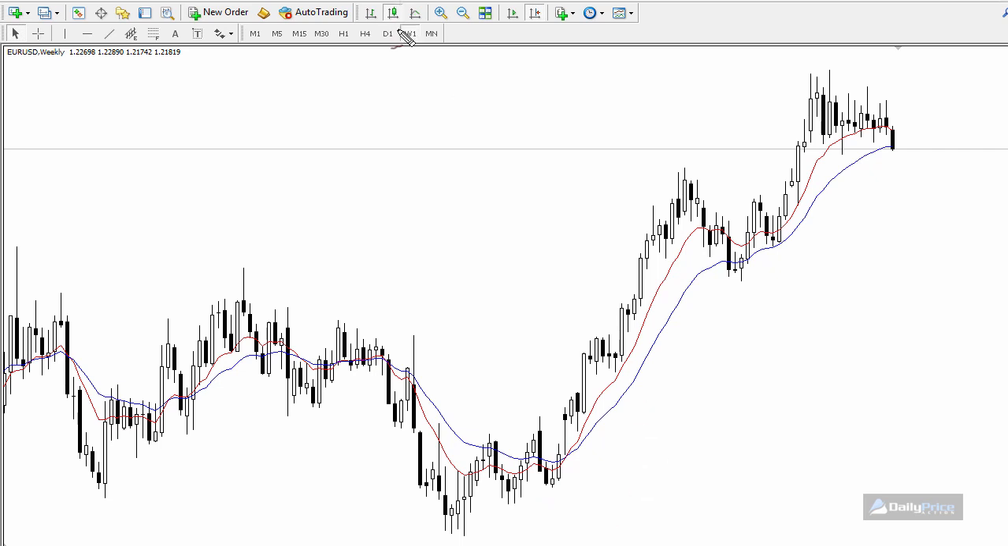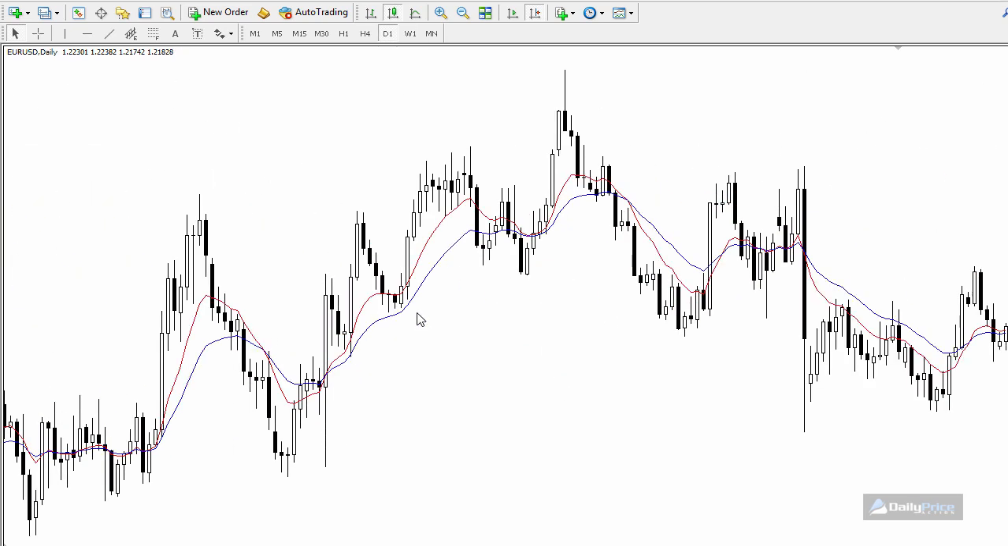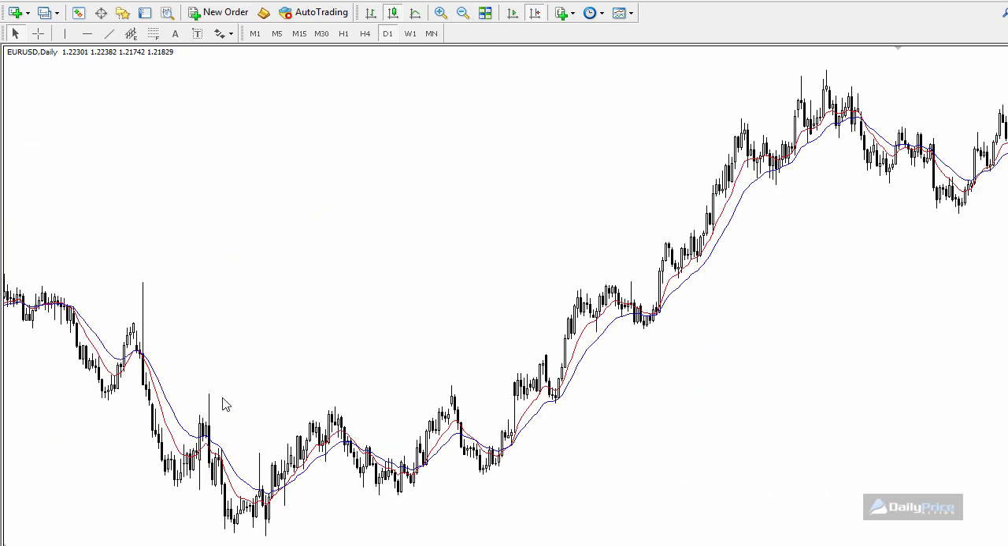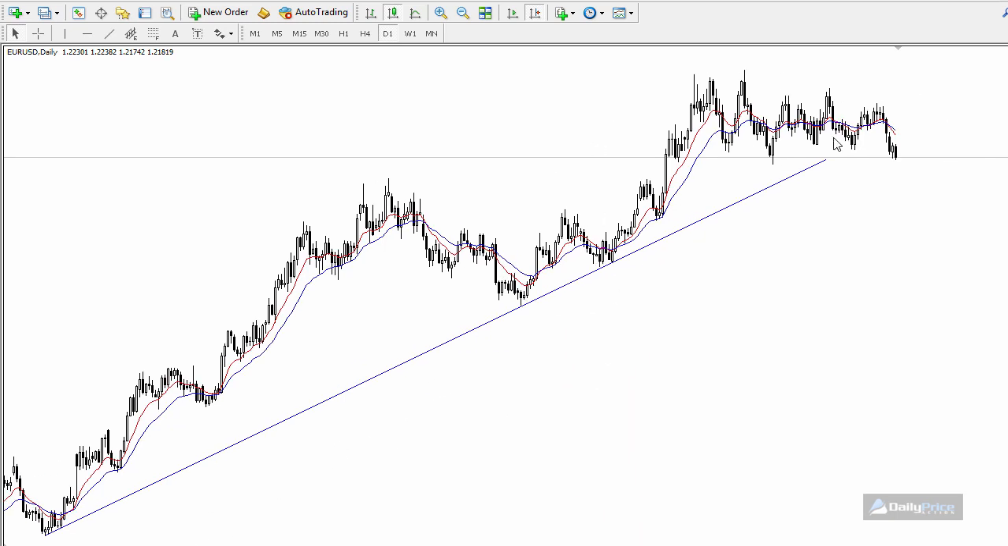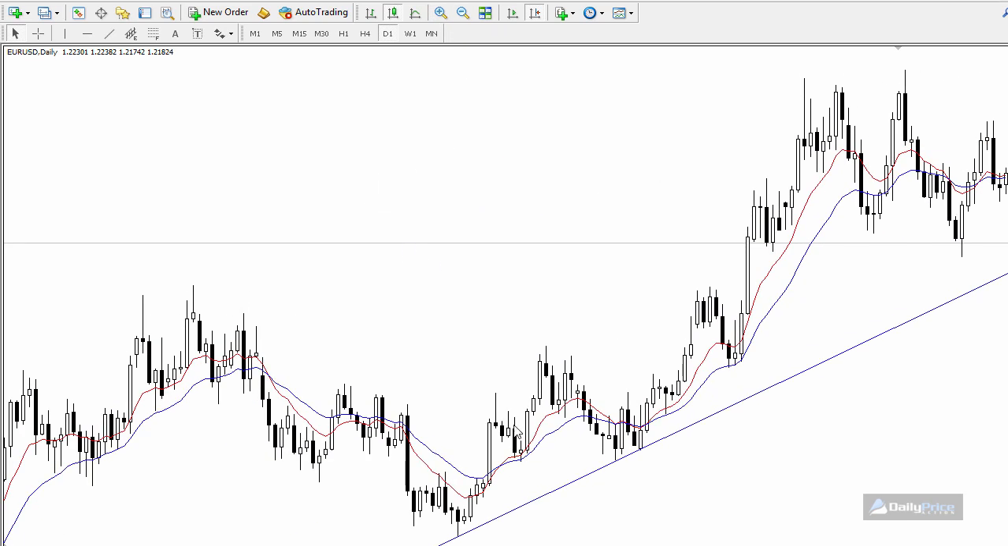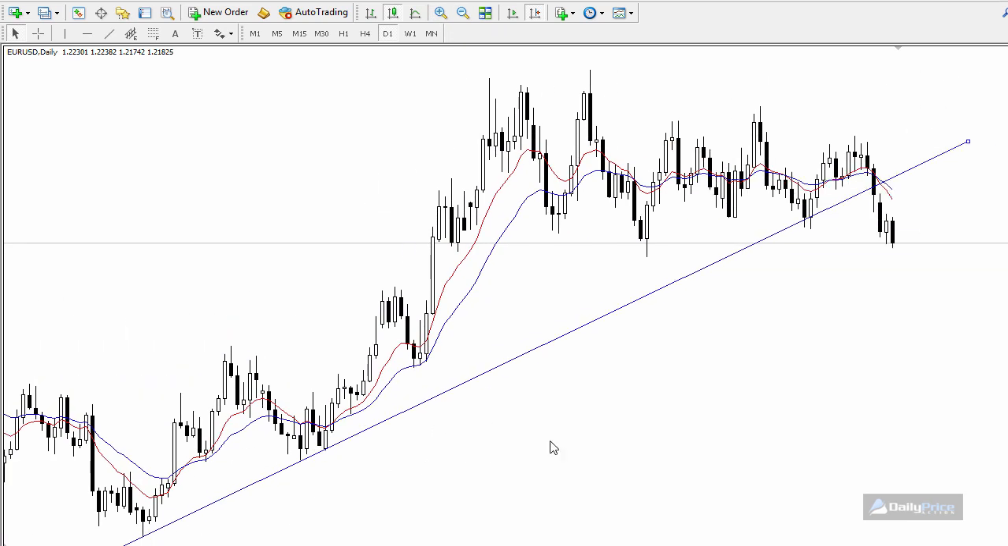All right, so if I move into the daily and zoom out a little bit, this is the low right down here that we were just looking at. And if I draw a trend line, we can actually see that there are two lows right here that match up nicely with that level. And if I continue this up,